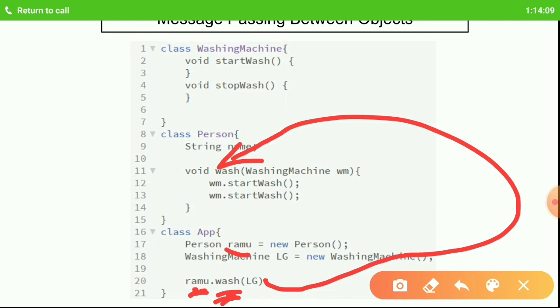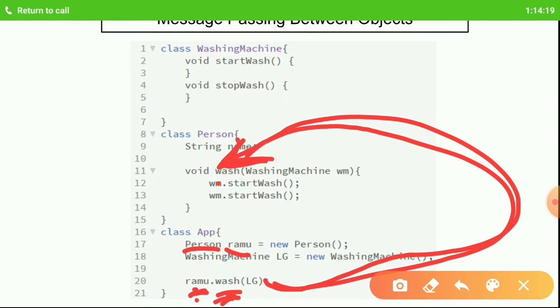See, Ramu's type is person, isn't it? That means when I call Ramu.wash, the control will come here to this method wash, because wash is inside person, isn't it? That's why I'm able to call Ramu.wash, because Ramu's type is person.